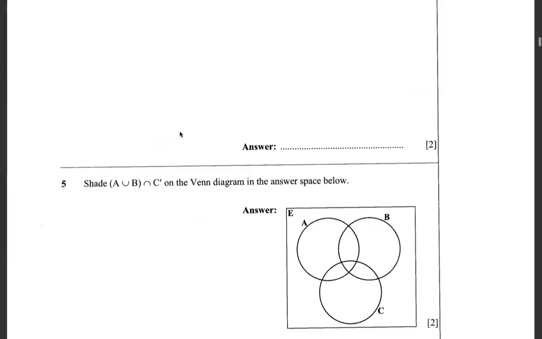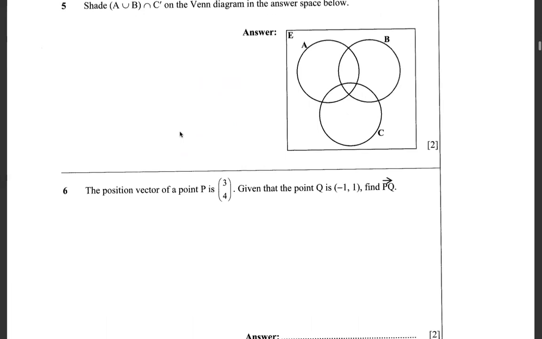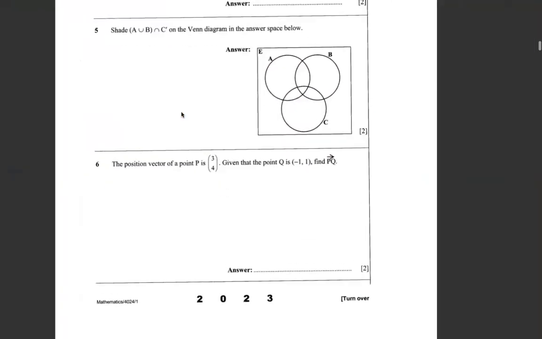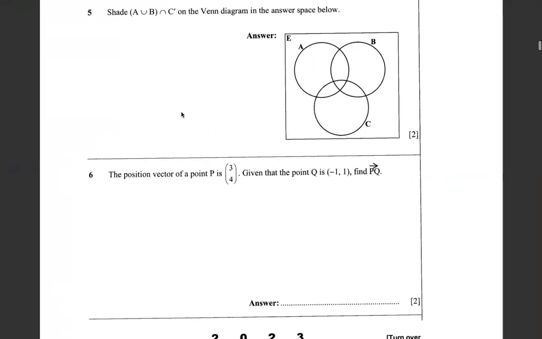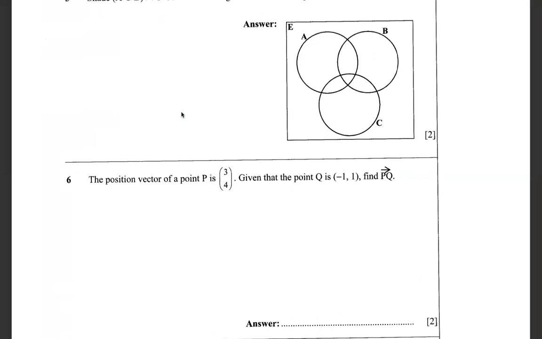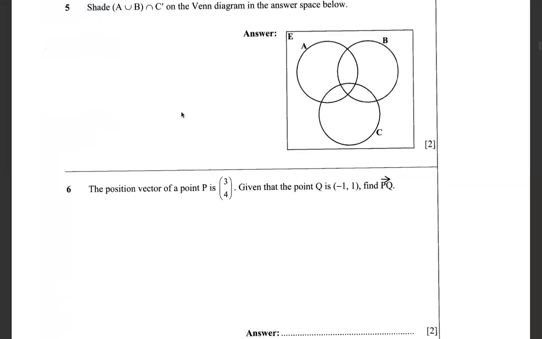Then question number 5, which is the simplest of them all. Allow me to maybe reduce so that I can have 2 questions on the same side. Okay, yeah, maybe like this. Better. So the question says, shade A union B